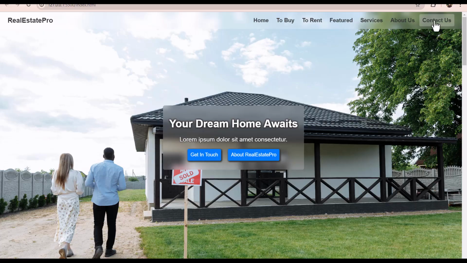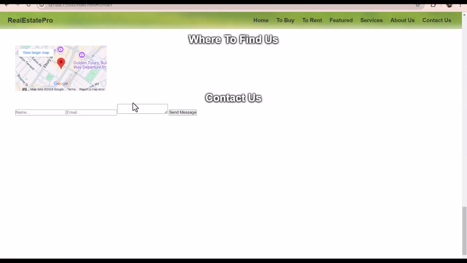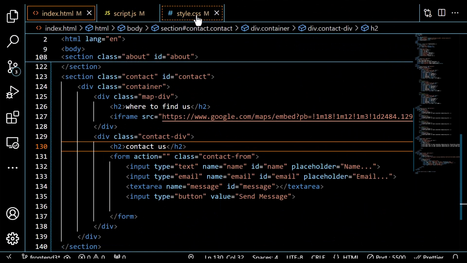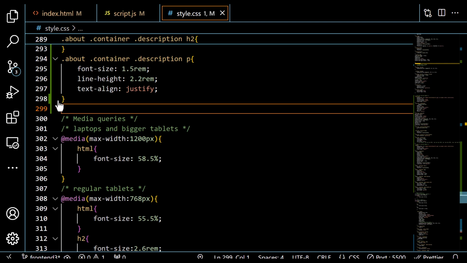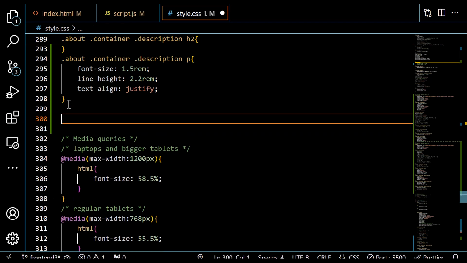So this is our project. Let's click on the contact us. Okay, so this is how it currently looks. Now the first thing that we are going to do is give this section a background image. Then we will start styling these two children. So let's go to our style.css file and over here before the media queries, let's start contact us